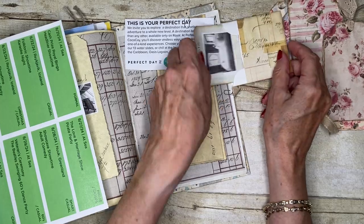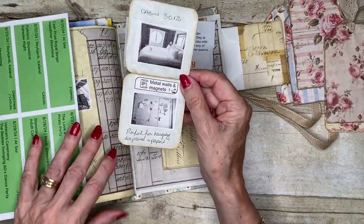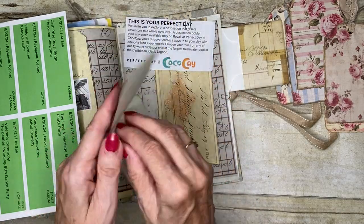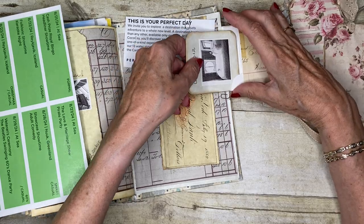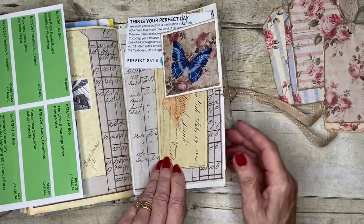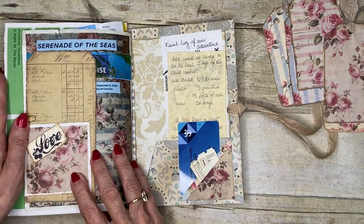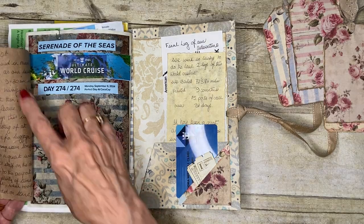Let me think, what did I put on there? Oh yeah, I took some pictures of our cabin and how we stuck things with magnets on the walls, so we didn't lose bits of paper. There's so much paper that they give you on board ship. I don't think I put anything in there yet, but I've got a bit more journaling,